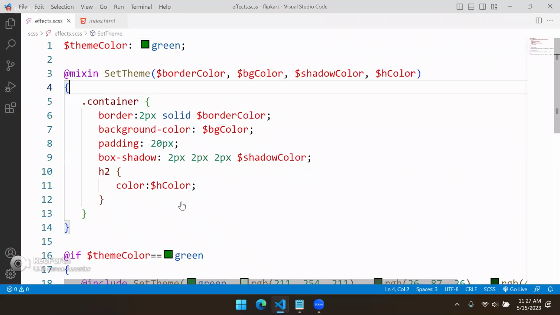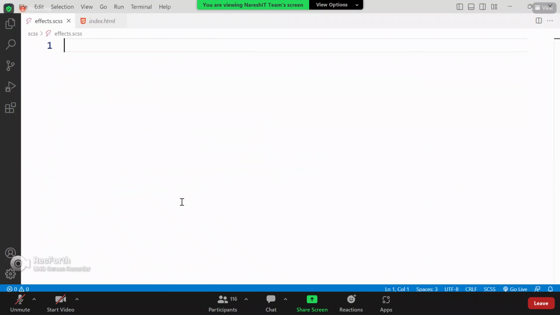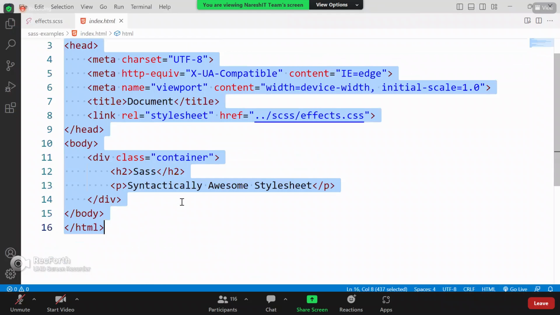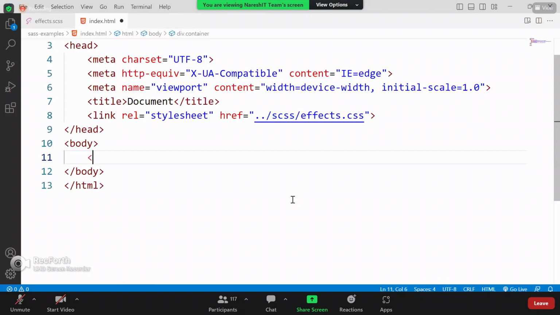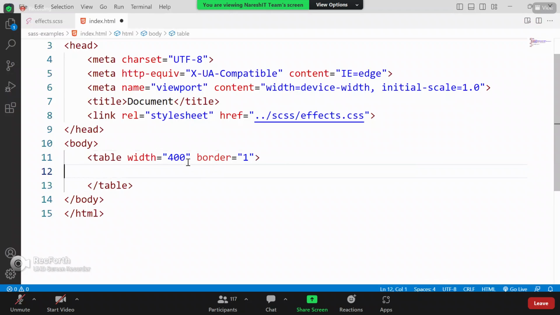Table width is set to 400. The table has a border, and TR and TH, some name and some price. So we are having some rows,